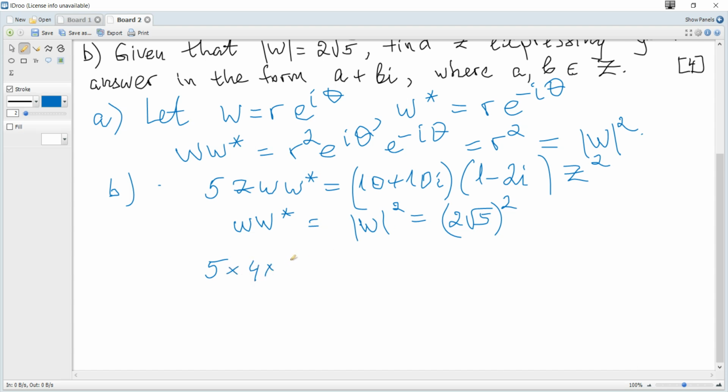It's 4 times 5, we can factor out 10 here, 10 multiplied by 1 plus i multiplied by 1 minus 2i and multiplied by z,